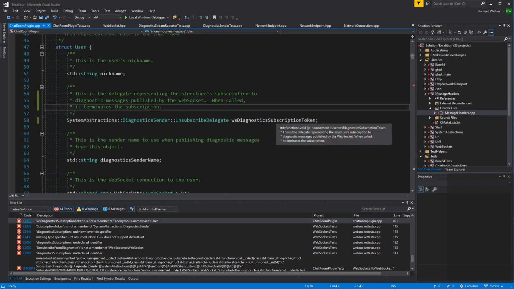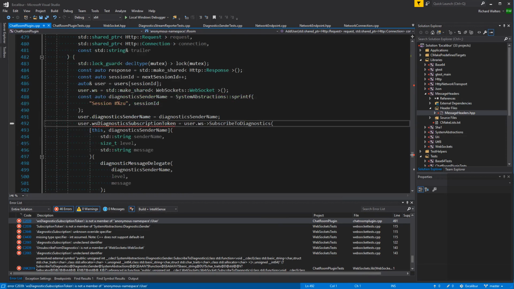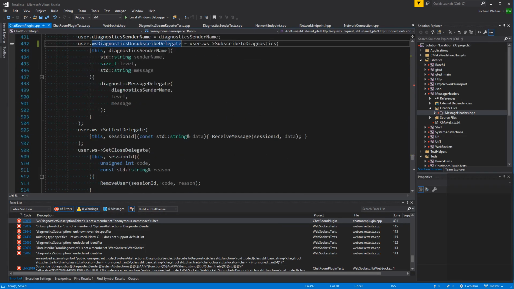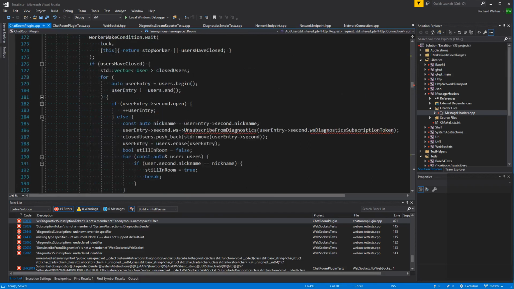We'll rename it WS unsubscribe diagnostics delegate. Or diagnostics unsubscribe delegate, maybe. And we probably call it up here, yeah. So unsubscribe delegate with no arguments.